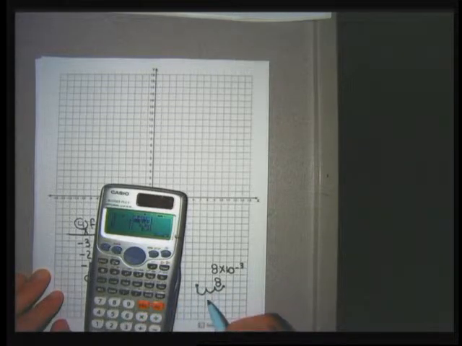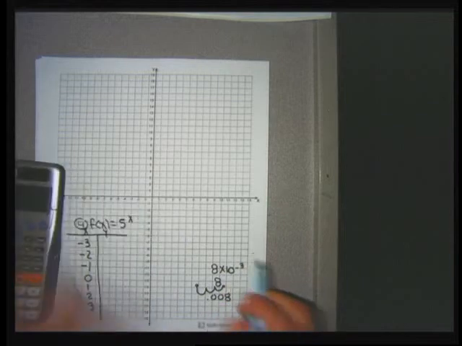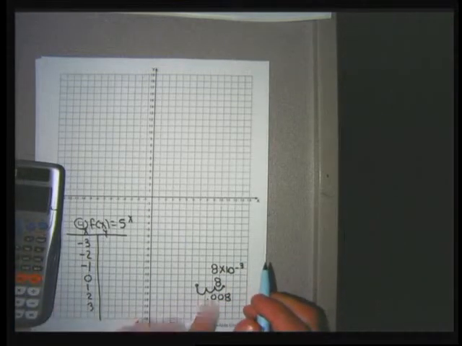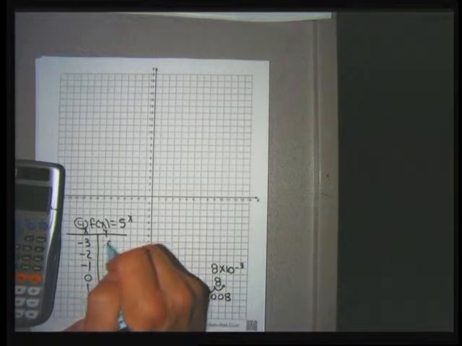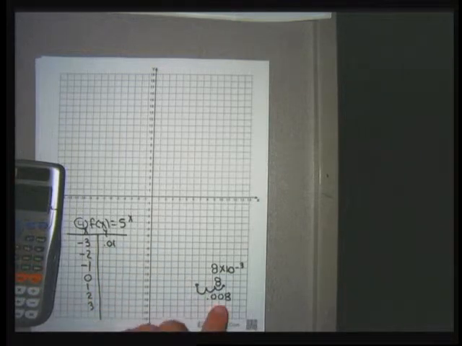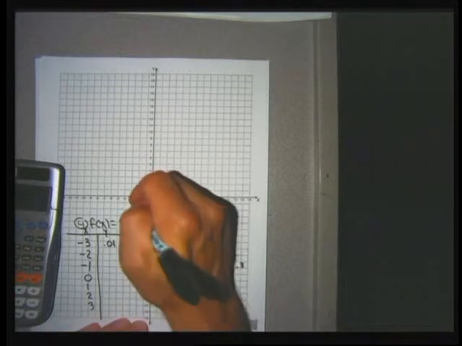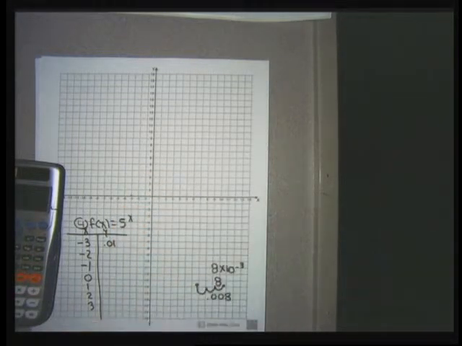8 times 10 to the -3 is 0.008. That's a positive number, but it's 8 1/1000ths above the x-axis. So if I round it to 1 decimal, I put 0. How about I write 0.01 and round to 2 decimals so I don't show a 0. And that point is so close to the x-axis above the -3 that you probably couldn't draw it close enough without having a huge grid to fit it